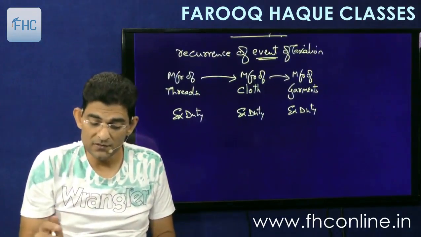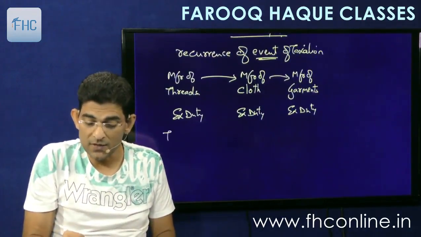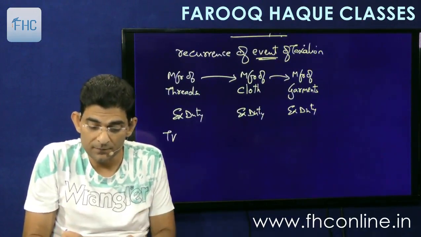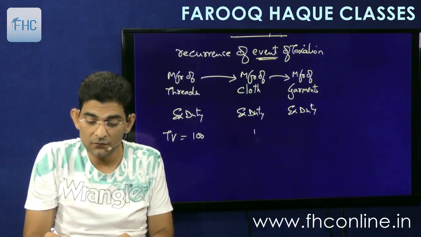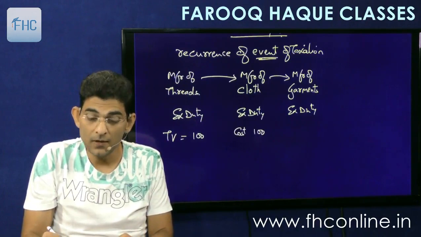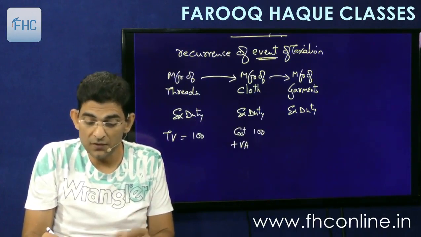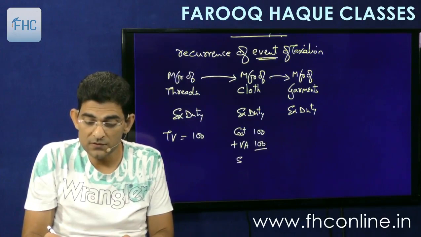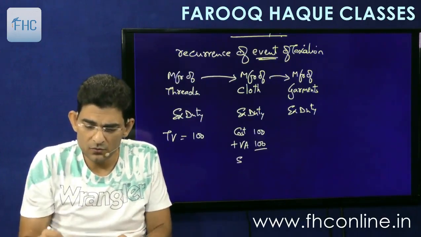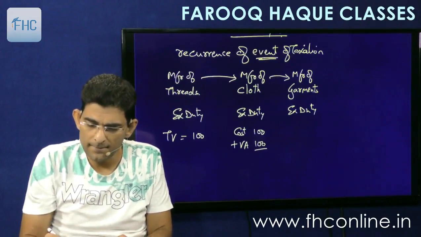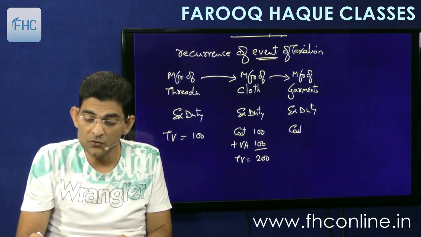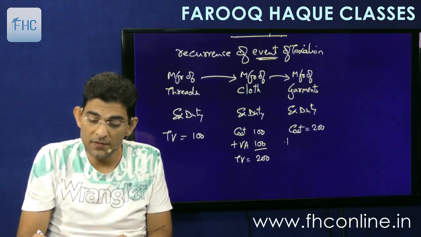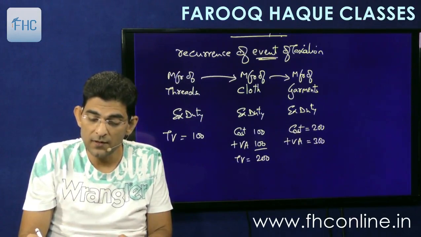Say, for example, let's take an example that the transaction value, the sale price is called the transaction value here, is 100 rupees here. So the second person buys at 100. So this 100 for him becomes cost. Plus he makes some value addition of another 100 rupees and sells at, so his selling price, or I can say transaction value, becomes 200. He sells it to the third person. For him the cost will now become 200. Then he will make value addition of another say 300 and sell at 500.